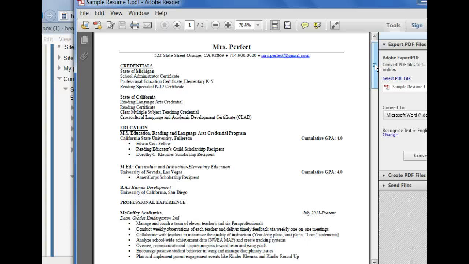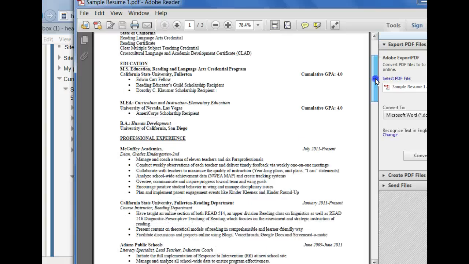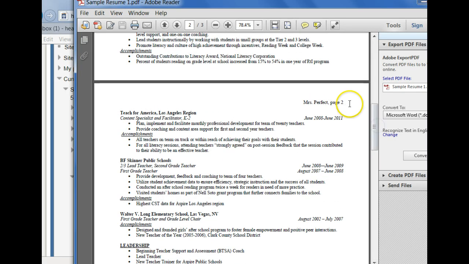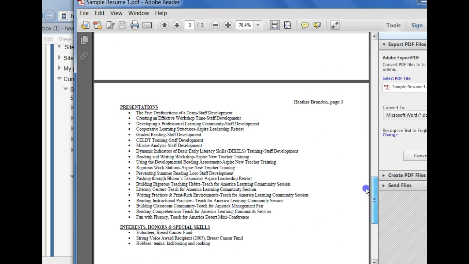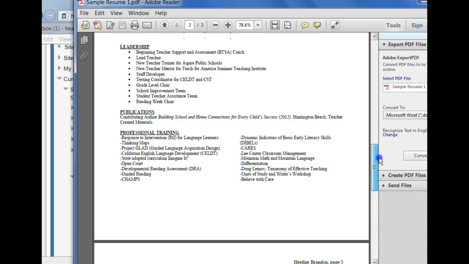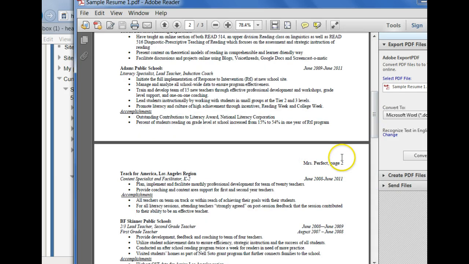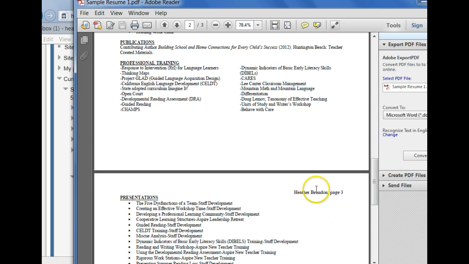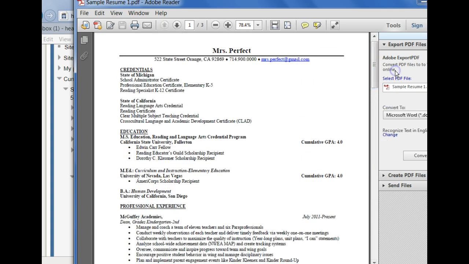However, if you are going to expand it to more than 1 page, make sure that the information you're opting to include is worthy of the extra pages. If you are going to do more than 1 page, I definitely recommend labeling page 2 and page 3. That way, if they print it out and it gets left on a copier, they know what it is and who it belongs to. So I definitely recommend giving yourself a header there indicating the page number, and you should really have a consistent header. It appears that mine is not consistent, so make sure you do that. So that is the debate, 1 page versus 2 page. Also encouraging you to put your page numbers.